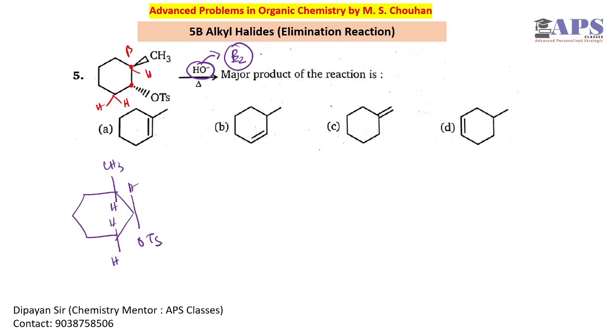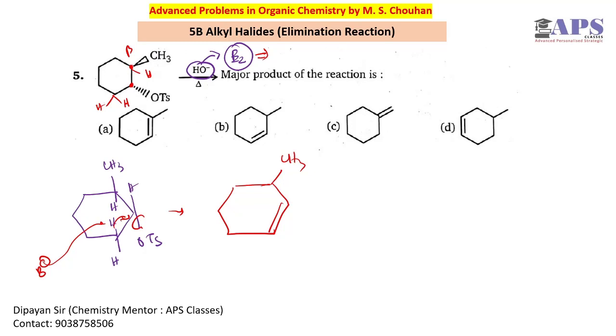But the thing is that we have to maintain the stereochemistry also. Without stereochemistry, the reaction is not possible. So we need anti-hydrogens. If we compare the position of OTS, methyl is present at the anti-periplanar position, which is not possible for the elimination, but this hydrogen is present in anti-periplanar position. So in this case, if we use base, this hydrogen will be abstracted and the final product will look like this. So methyl will be present here along with this type of bond.